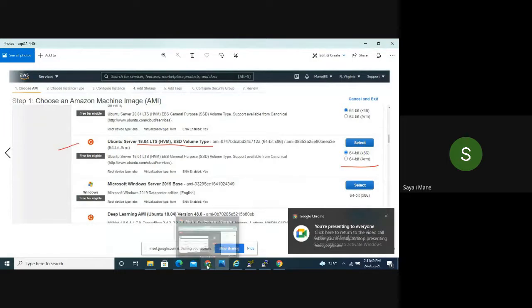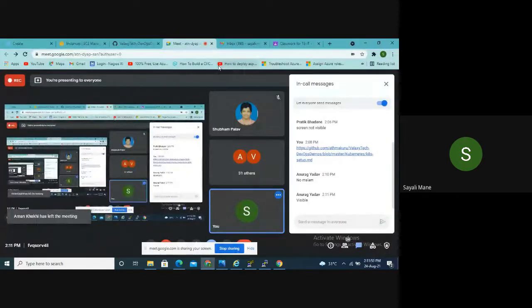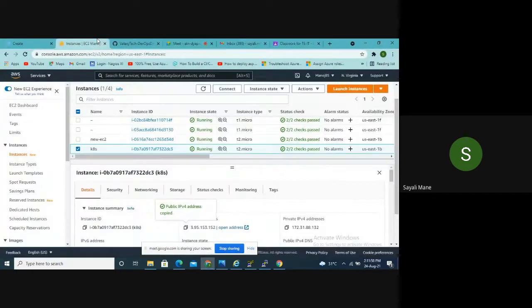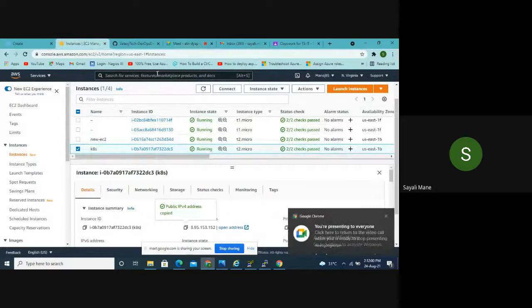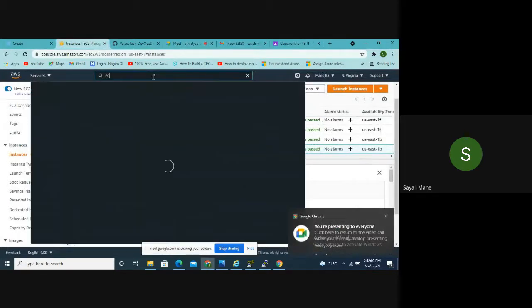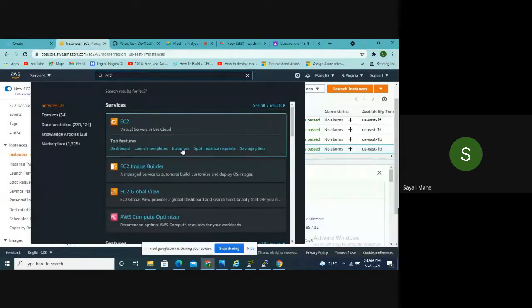So we'll go to the next one. What you have to do is open AWS, and in that, see here, click on EC2 instance. First type EC2 like this, then click on EC2 instance.